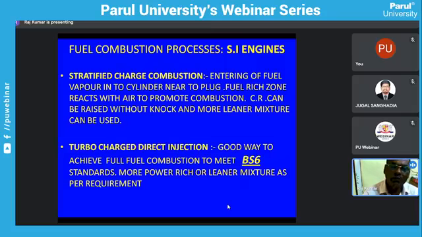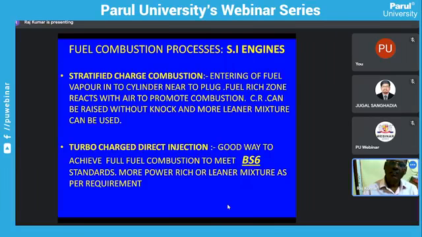If the fuel is sprayed at the center, by the time it reaches the walls of the cylinder, the mixture gets cooled down, so complete burning will not take place. In stratified charge combustion, the fuel is sprayed at a point near the plug, so more combustion